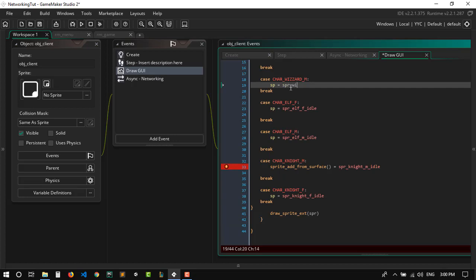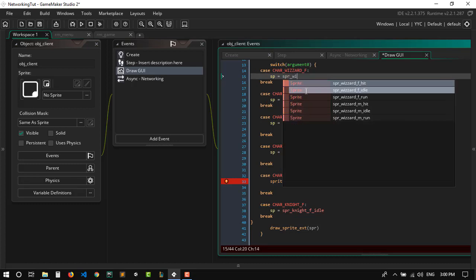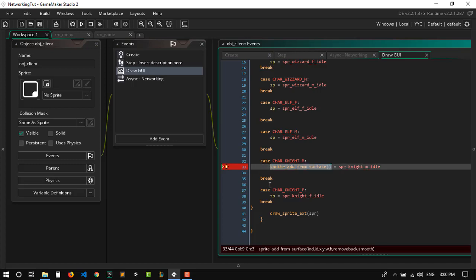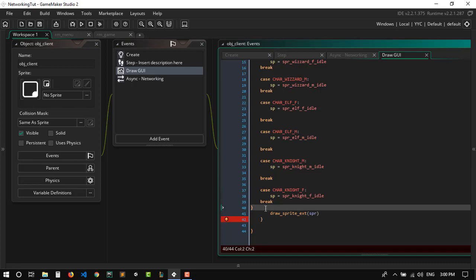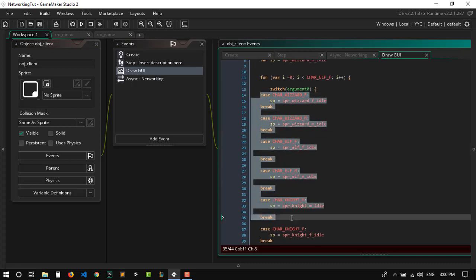sp equals spr wizard male idle, and the last one, the female here, sp equals spr witch or wizard female idle. Okay. So what's the problem here? Oh, this is supposed to be sp. Okay. Alright, so we're done with our switch statement, and we're just going to align it with